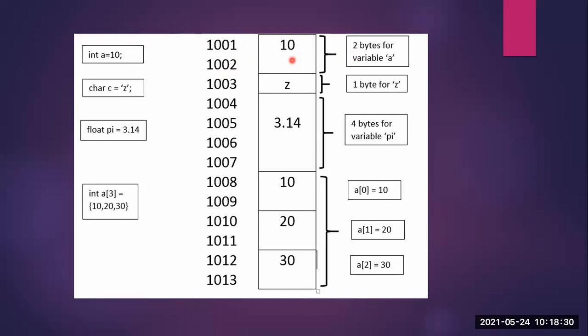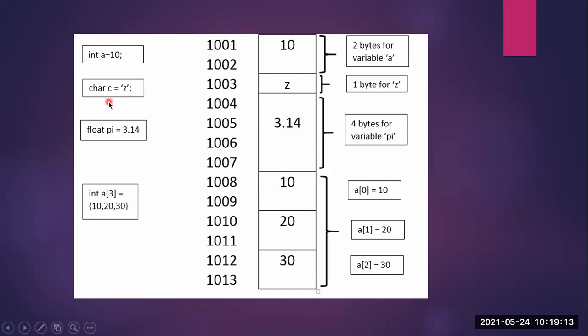Now also understand that whenever any data type's values are stored in a variable, if I ask you now, what is the address of 10? You should just take the first byte from where that particular variable has started to store in the memory. That is 1001. It is understood that since it is of type integer, the next byte also is going to be allocated. So you need not specify 1001 and 1002. If you have to find the address of 10, we will say it is going to be 1001.